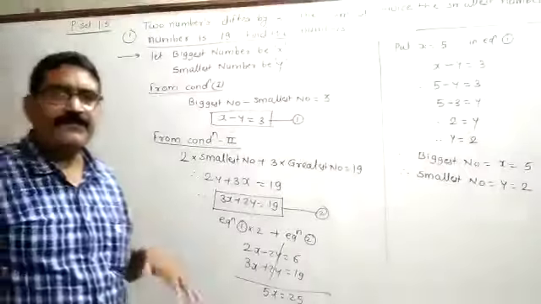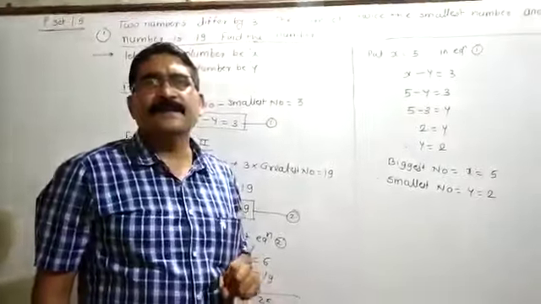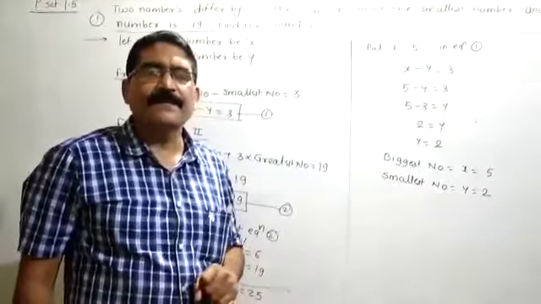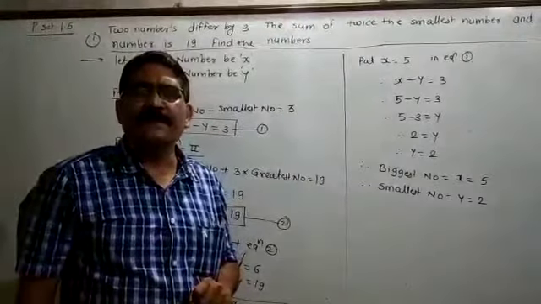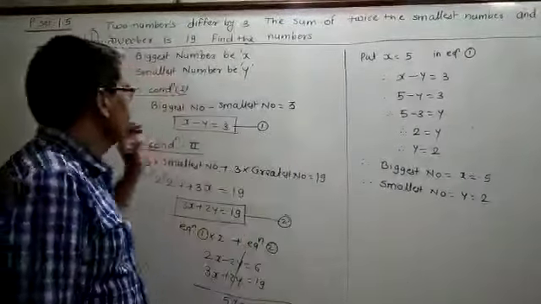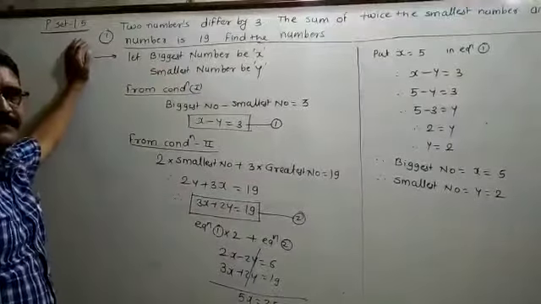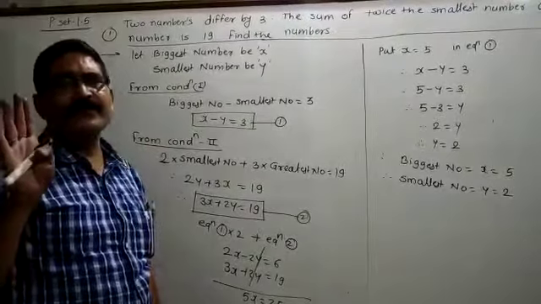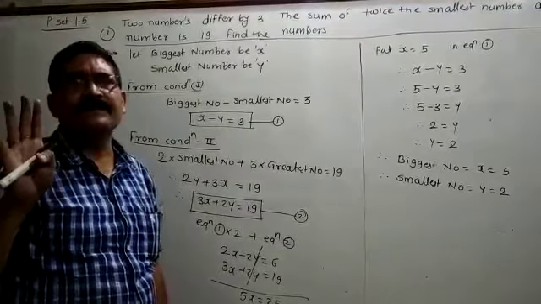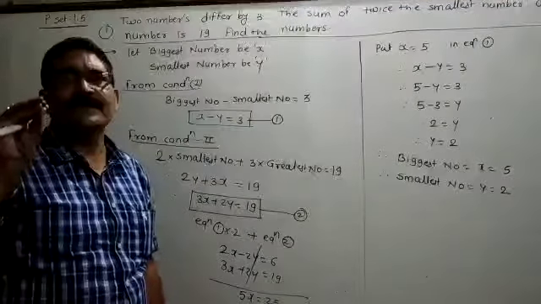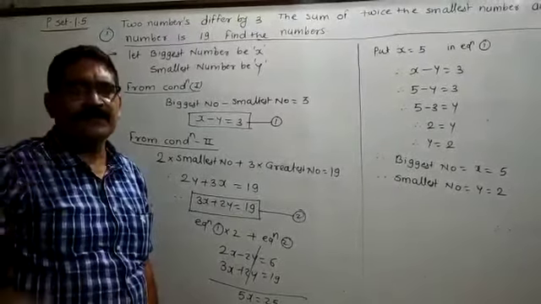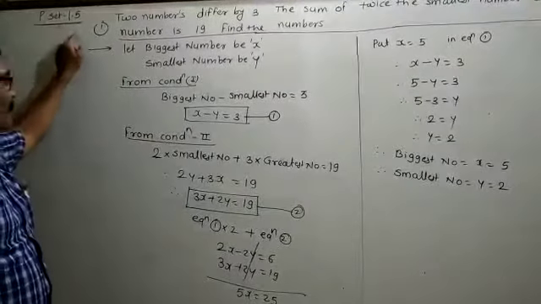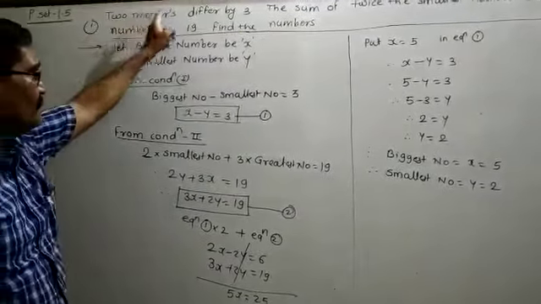Day-to-day life, how you have to utilize the linear equation in two variables, that you have to try to understand in the exercise Practice Set 1.5. First example: how you have to implement the linear equation in day-to-day life, that you have to see. Practice Set 1.5, first example is: two numbers differ by 3